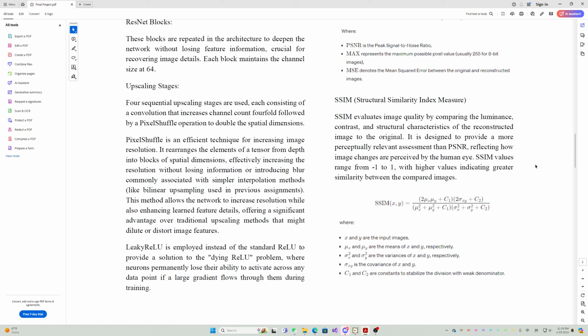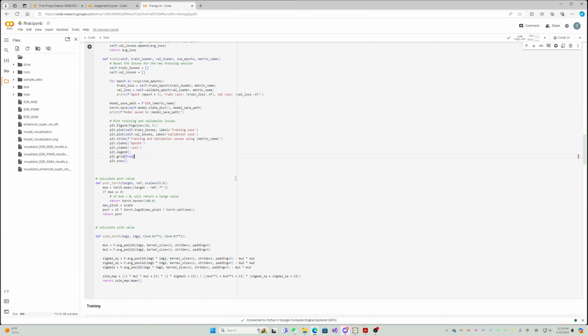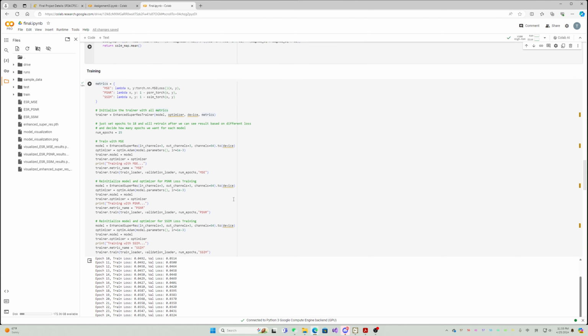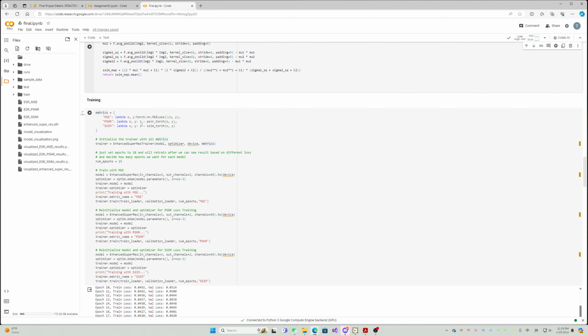SSIM is designed to provide a more perceptually relevant assessment than PSNR. Keep going to this, and here is the function. And now I'm going to train the model. To train each model, first we set up this because